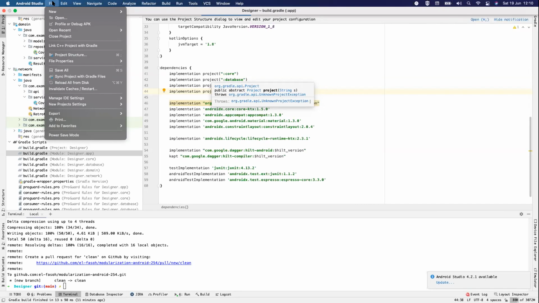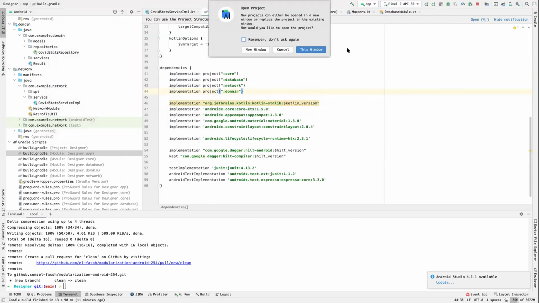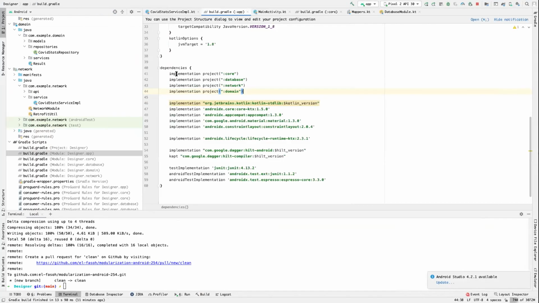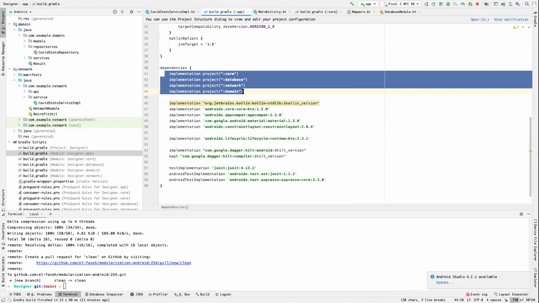What was the question again? No, it was kind of a suggestion I noticed of where we can remove these dependencies on the app module. We remove the database dependency there and move the network dependency there, and also the domain, so that the app module depends on only one module below it, and the below module depends on the rest of the modules.